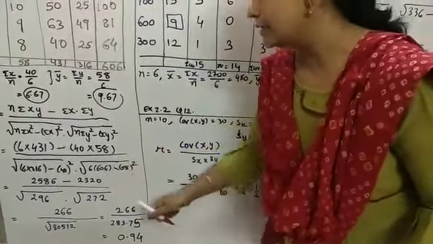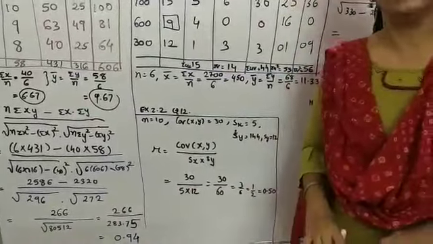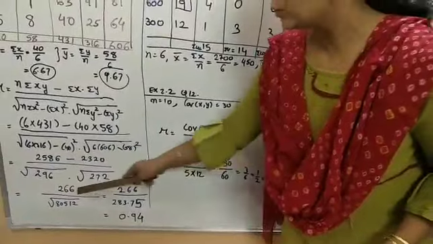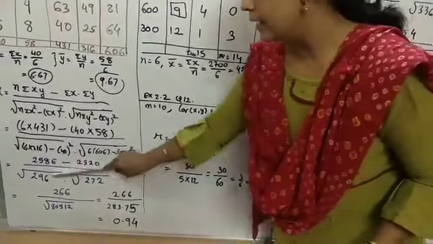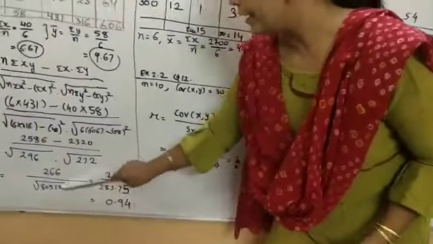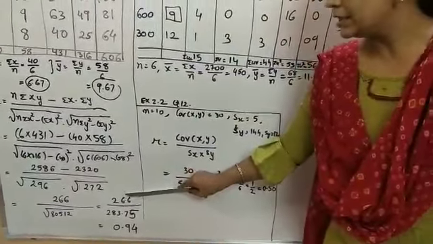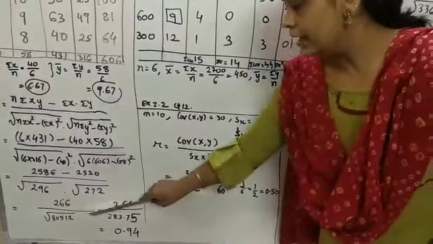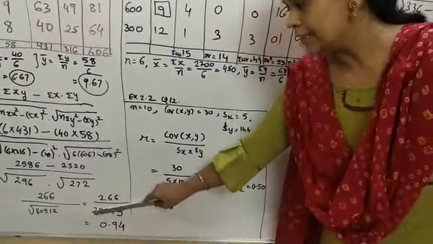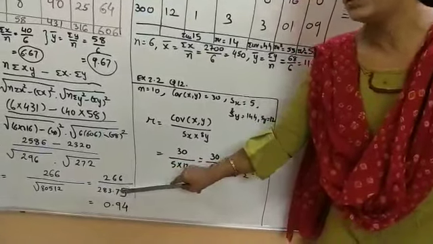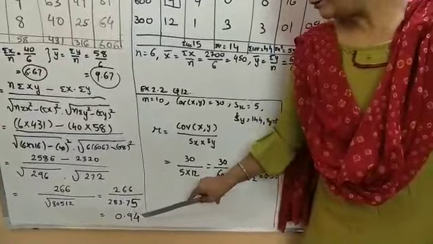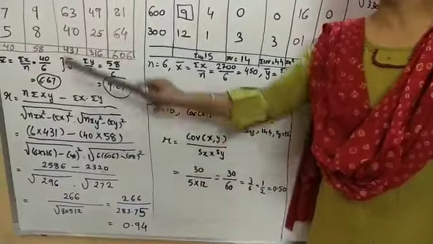When I do the minus, I will get the answer 272. So now, how to do this? Subtraction of this gives 266. Multiply both these figures, and under root will still be 80512. The numerator stays as it is, 266, and after that, under root, take out the root of it, and you will get the answer 283.75. So here the answer will be 0.94. So what is the relation between these two, x and y?